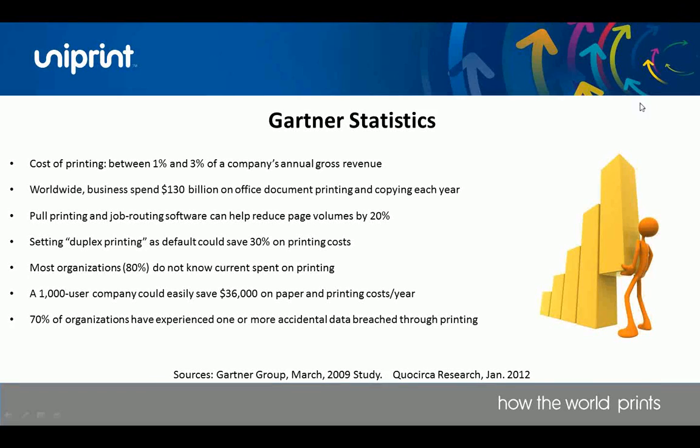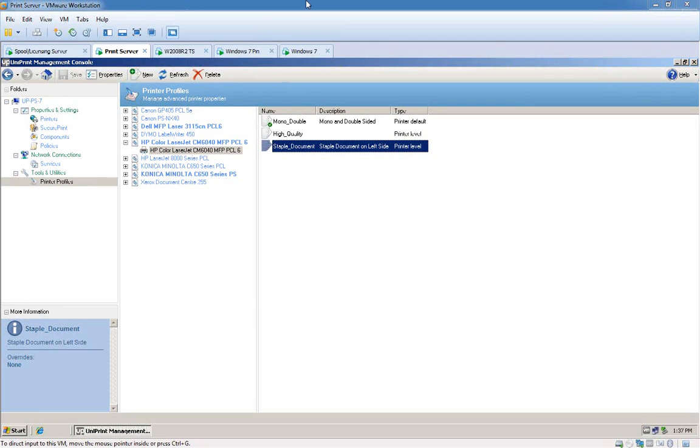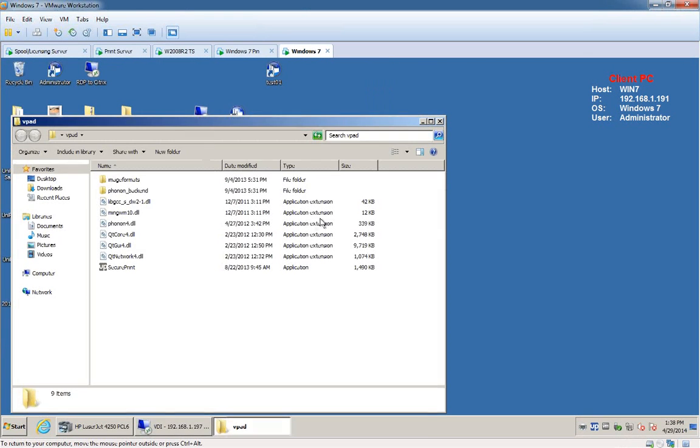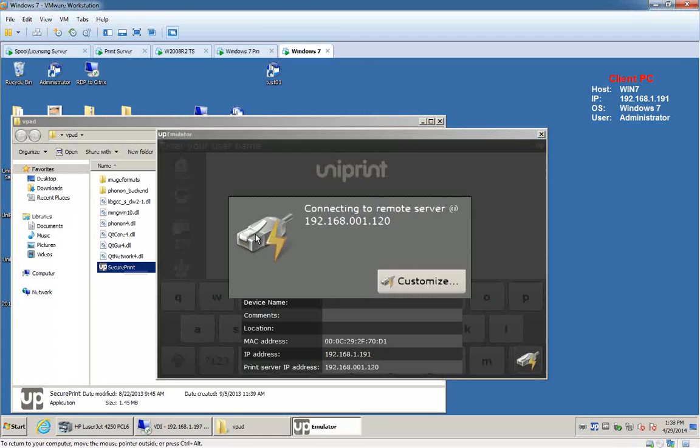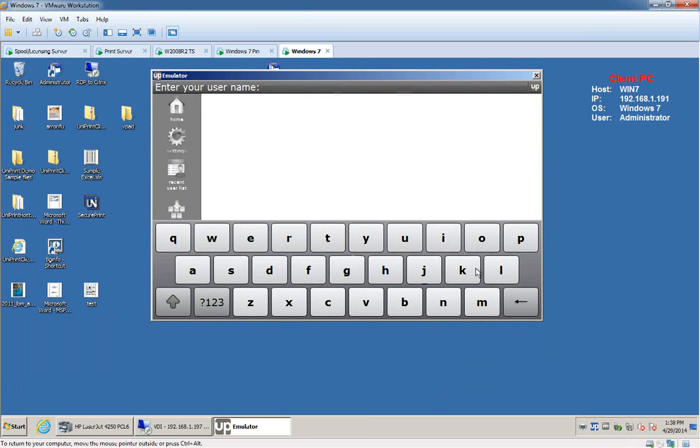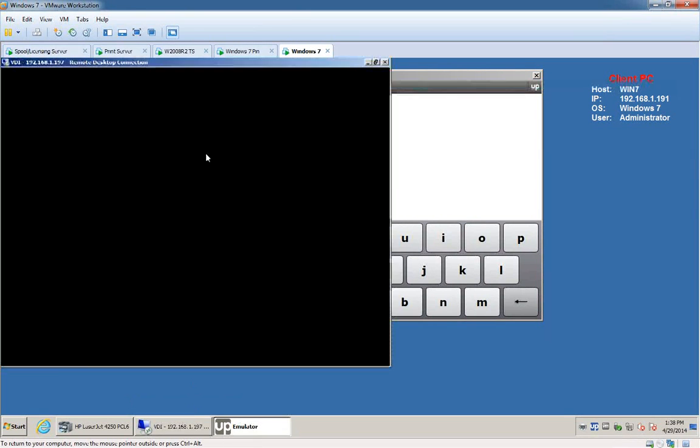So let me just skip to my lab here before we get to this next slide. And I'll open up an emulator so you can see what that screen looks like. Okay. So my emulator's running here. And for demo purposes, I'll be typing in my username. Okay. So let's get on to my VDI desktop